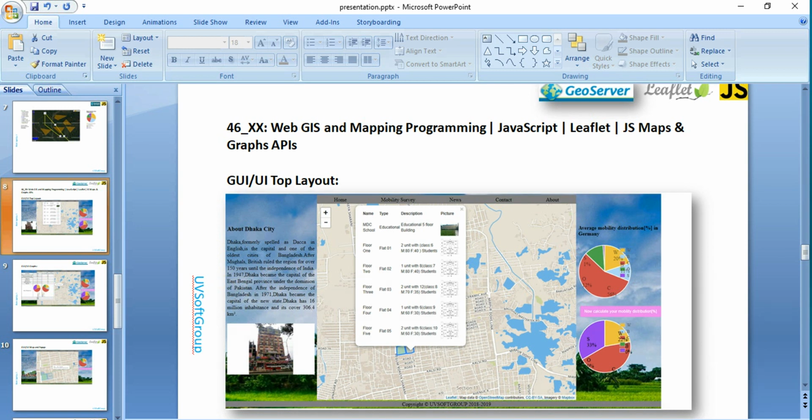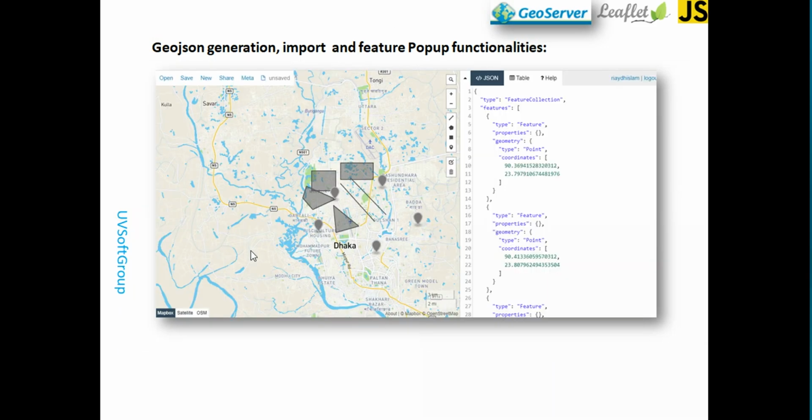So we are there. This is how you can generate the GeoJSON file from different sources. This is one of the sources, geojson.io. You can build these GeoJSON files, and then import them into your WebGIS applications and see the visualization of how it works. That's something we will do together.